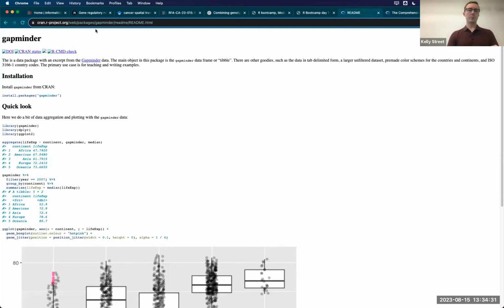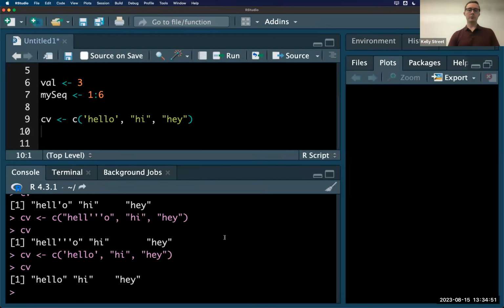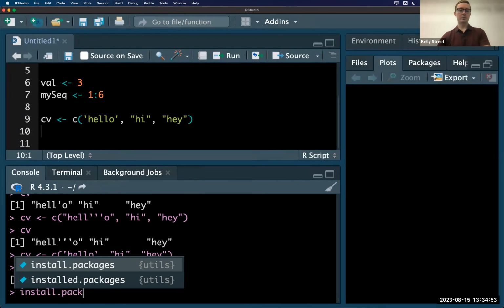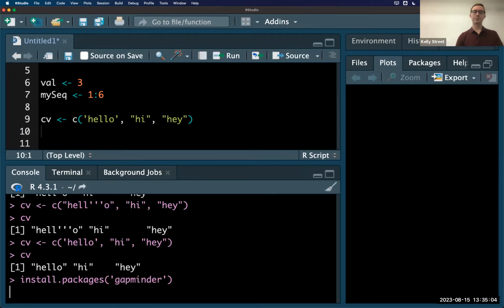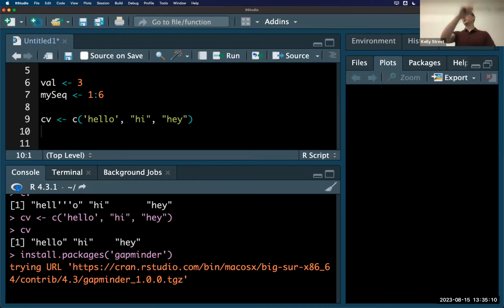This is what a package page looks like. This is the Gapminder package. You don't need to know about this package. It's not important. It holds a data set that Chris Pachorik likes to use for his examples. But this is what a CRAN package looks like. And it's super easy to install. All you have to do is go to R and say install.packages Gapminder in quotes. I used single quotes that time because of muscle memory, but double quotes, single quotes, doesn't matter. And if you do that and you're connected to the internet, it'll go to CRAN, it'll fetch that package,